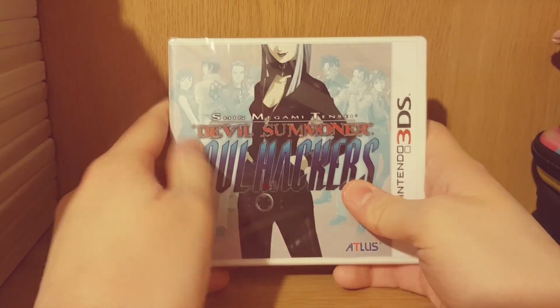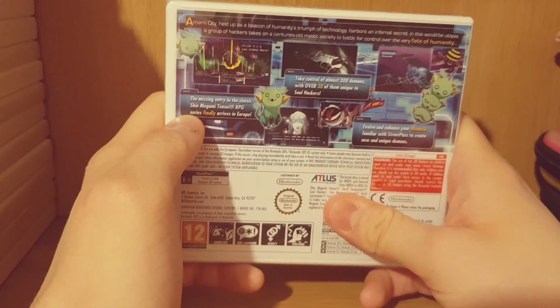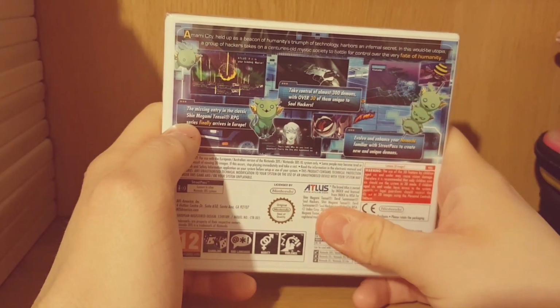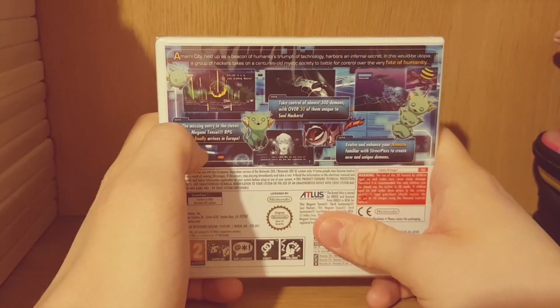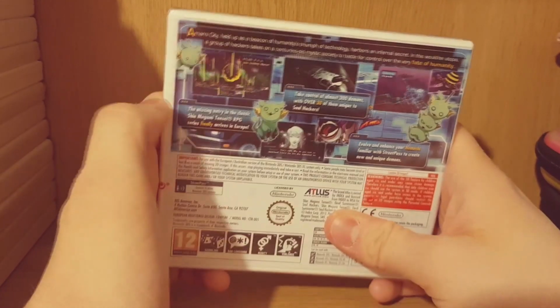Devil Summoner Soul Hackers, otherwise known as the missing entry in the classic Shin Megami Tensei RPG series. And yet, just a few minutes ago, I was talking about Shin Megami Tensei 1 and 2. There's still more other Japan-only games. And this one's hard as well. I've not played it, but...